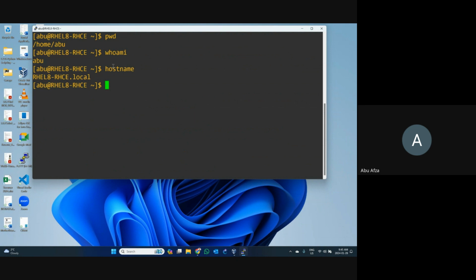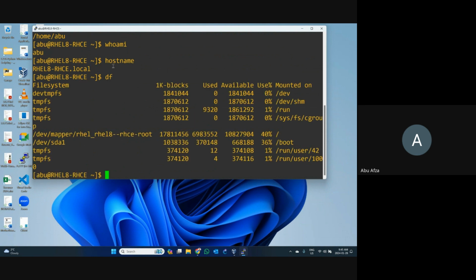Let's do one thing. If I want to know about our disk information, I write down df and press enter, then I can see my disk information. Here it shows the file systems. These are the file systems available in my disk in my Linux environment, and this is the space for my disk. Okay, this is the main hard disk. There is only one hard disk in my computer right now, so I can see that one.